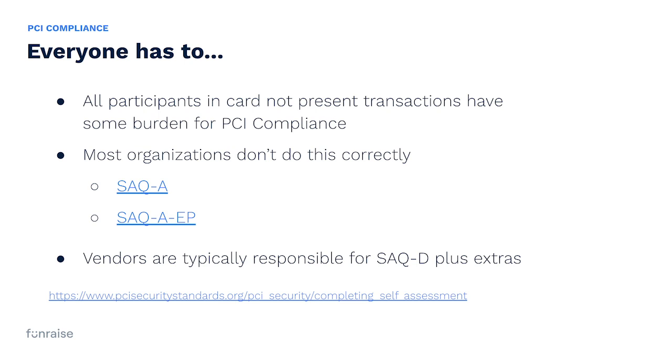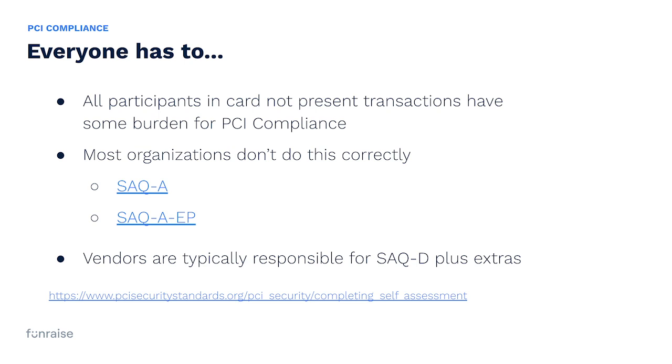So in short, all organizations, if you're accepting card present or card not present transactions online, have to do some amount of paperwork, and hopefully not copious amounts of paperwork. You want to end up in the SAQ A bucket instead of the SAQ A-EP bucket. You can read all about these kinds of things at the PCI standards, on completing the self-assessment, on the slide here. It's linked. And as an aside, your vendors need to be SAQ D or better, right? And additionally, if you're using a gateway, you want to make sure that it's also PCI compliant.